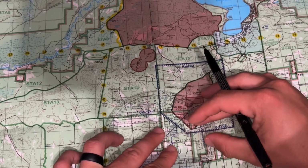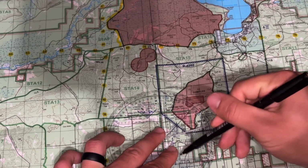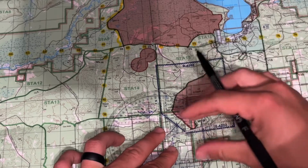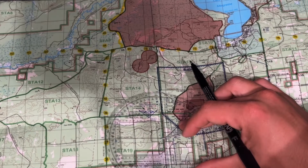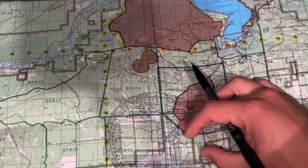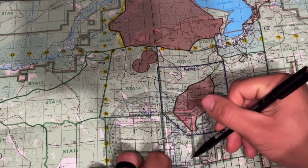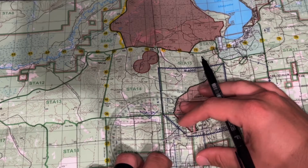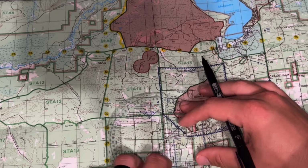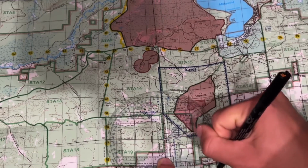We're going to slide this over until our edge here is on the building that we need to figure out the grid for. So what we can do now is we know, okay, we're in the 7-1, and then we look at what number is on the grid itself. So it's like 5.5, so we'll round it up to 6. So 716 364. So we got the same number,